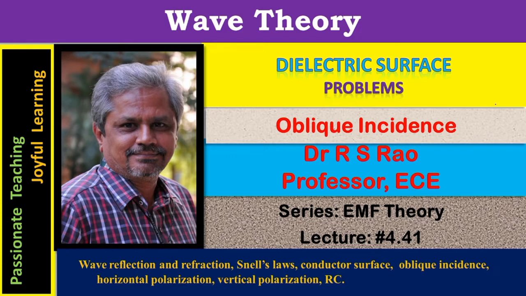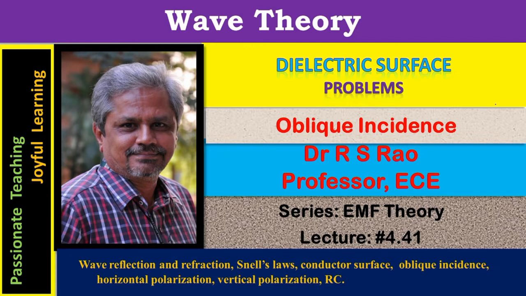When a plane wave falls obliquely on the surface of a dielectric, partly it gets reflected, partly it gets transmitted, while obeying Snell's laws of reflection and refraction. The amount that gets reflected depends upon the reflection quotient. The amount that gets transmitted depends upon the transmission quotient. These two depend upon the dielectric constants of the media.